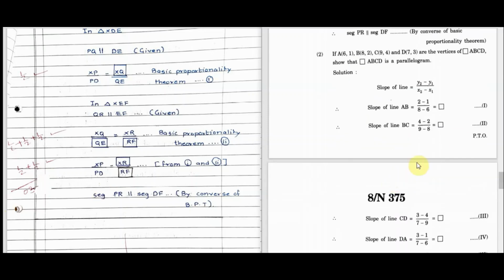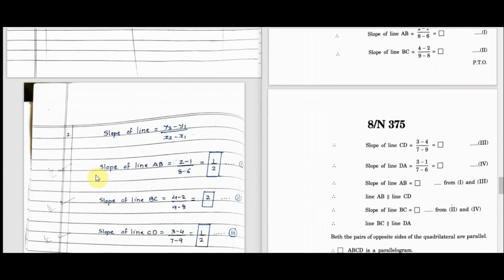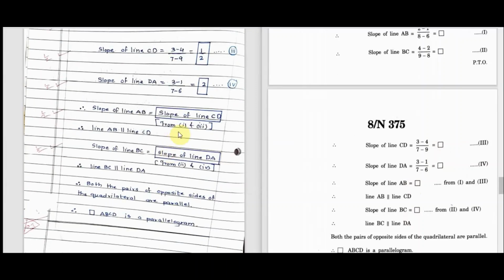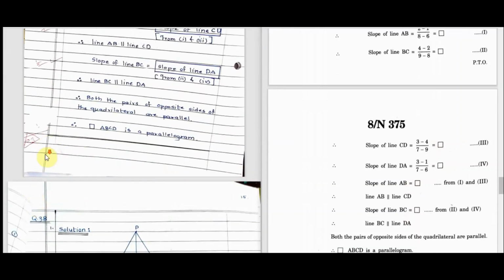Go to the second activity. Again 6 boxes are there. See here 1 2 3 4 5 6. Each box carries half mark. Here half mark, here half mark, and total is 3 marks. Extra questions, so no need to miss, it is not taken into consideration.